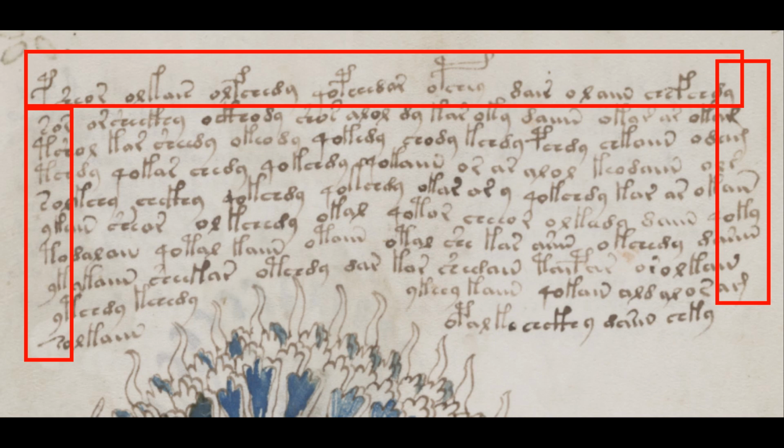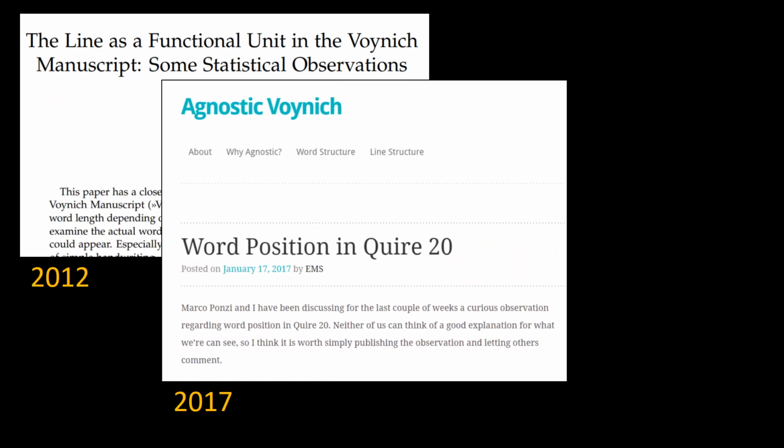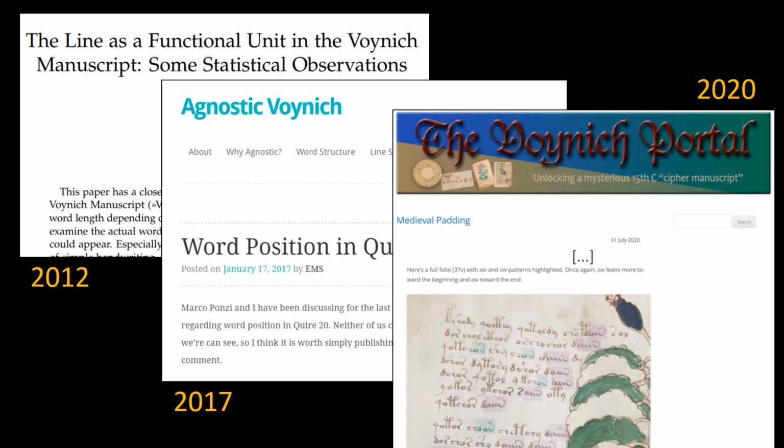During the past decade, however, distribution patterns have begun to be detected deeper inside lines as well. Elmar Vogt reports that the second words of lines tend to be shorter than average. Emma May Smith and Marco Ponzi find that the second words of lines in Quire 20 begin disproportionately with SH and CH, and J.K. Peterson observes that AN, AIN, and AIIN tend to appear later in lines than ON, OIN,